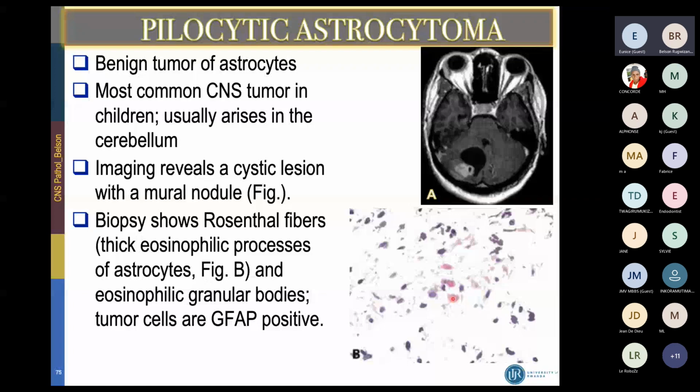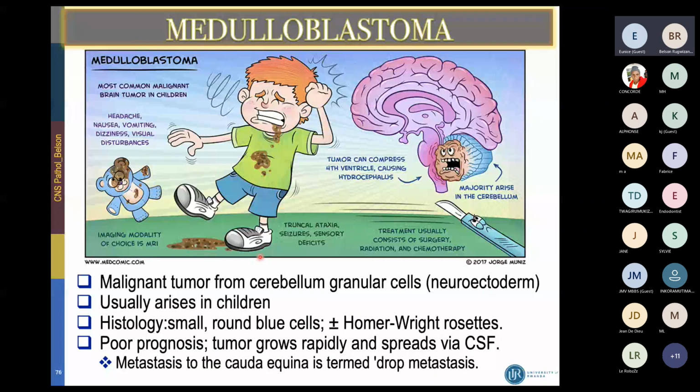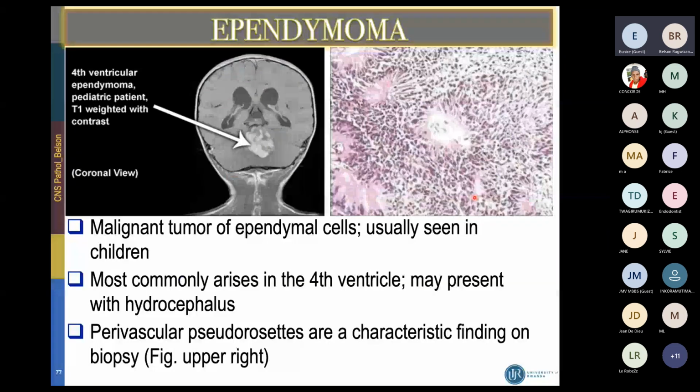But medulloblastoma is in the children and in the cerebellum, as it is shown here. So ependymoma, as I was explaining, also affects the children, usually seen in children, although it can affect the adults. So in the fourth ventricle, also near the cerebellum, which makes it difficult to distinguish ependymoma from